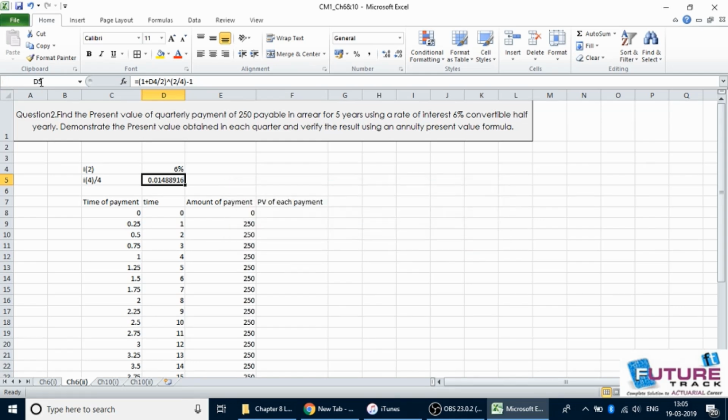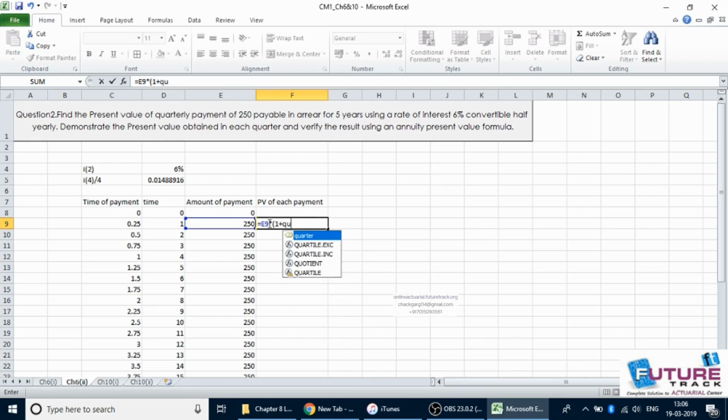It will not be, because there is a cell name I4. This is my cell name I4. So quarter, let's say quarter. So we have been given the name of this cell as a quarter. Fine. So what we have to do, amount into 1 plus the quarter rate of interest, and for how long